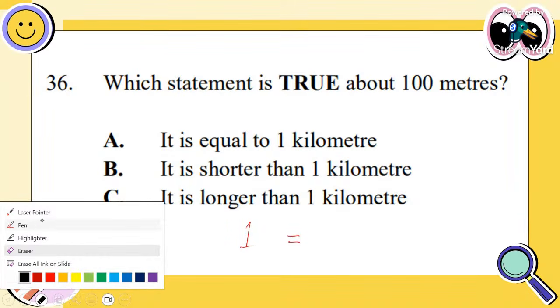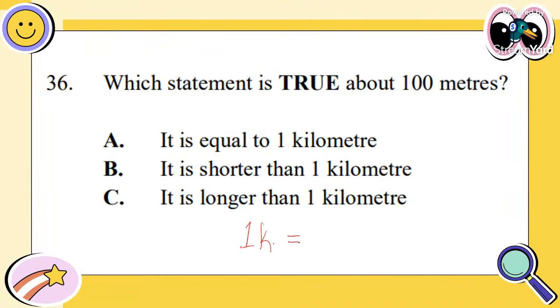All right. Shanieka says 1,000 meter. So 1 kilometer is equal to, remember, I need to see your answer with your unit in the chat. Michaela says 1,000 meter. Yes, you are right. 1 kilometer is equal to 1,000 meters. So that means 100 meter cannot be equal to 1 kilometer. A is wrong. 100 meter, is it shorter than 1 kilometer? It has to be, because 1,000 is more than 100.